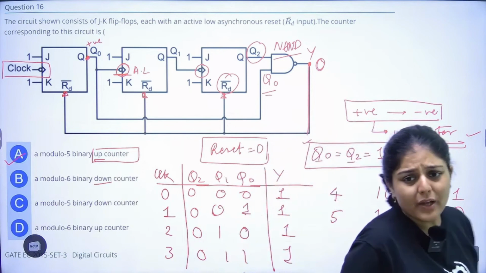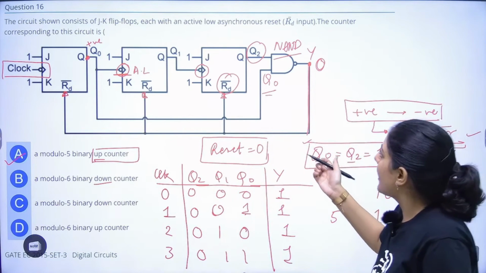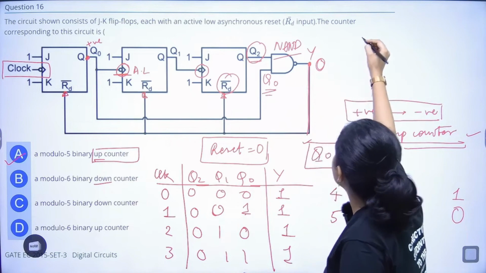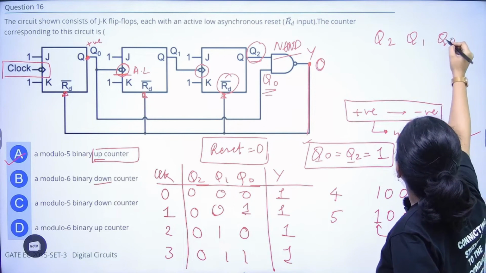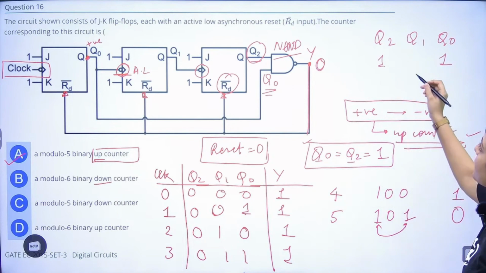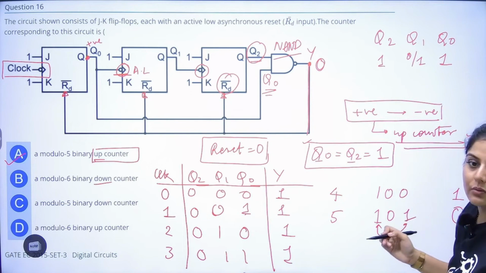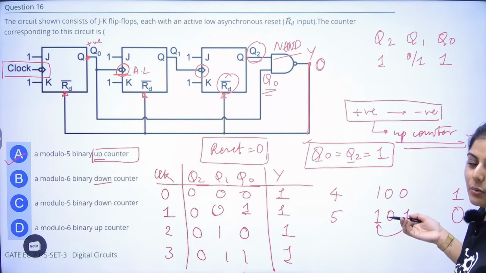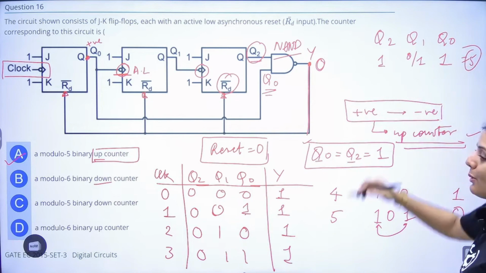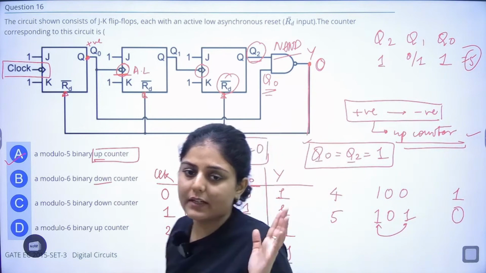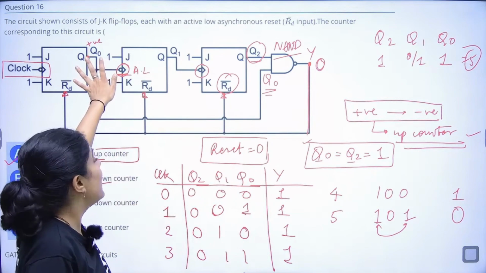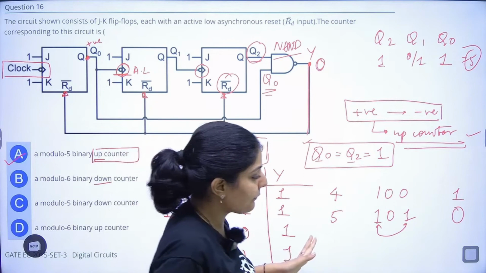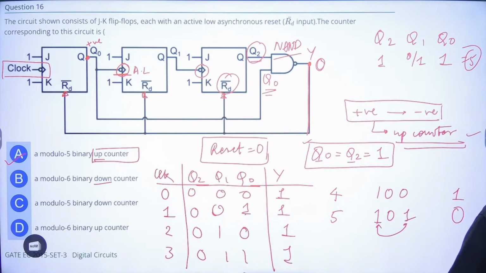Clear? We can easily find it out directly from here also. We need Q0 as 1 and Q2 as 1. So it has two possible values. Which one will come first? Of course 0 will come first. So 1 0 1, that will be 5. So it will be a mod 5 counter. Instead of making a table, we can directly find it out like this. Right, up counter: I have told you how to find it out. If any opposite sign is given in an asynchronous type of counter, it will be an up counter.